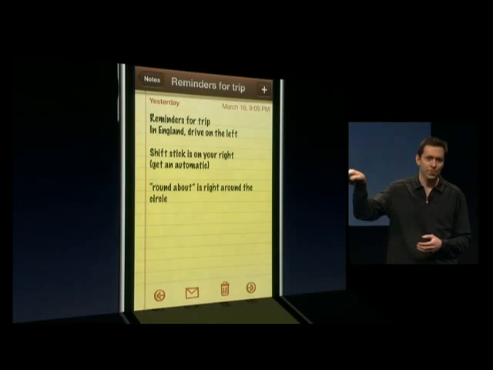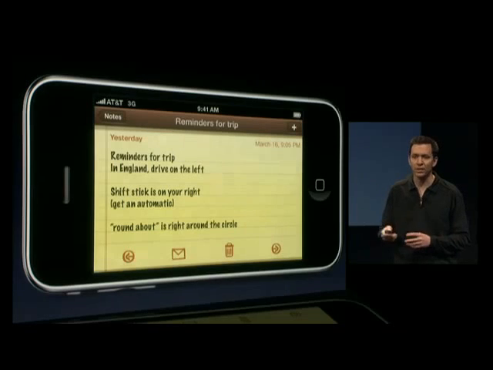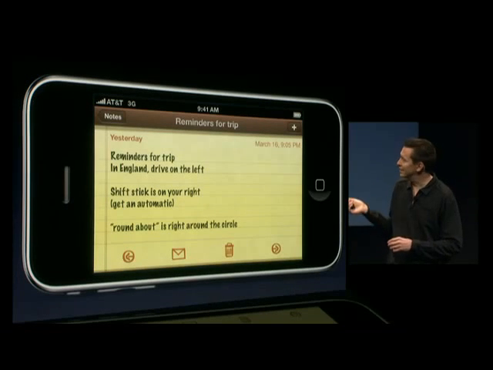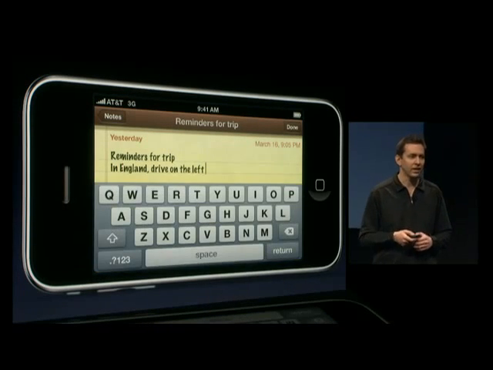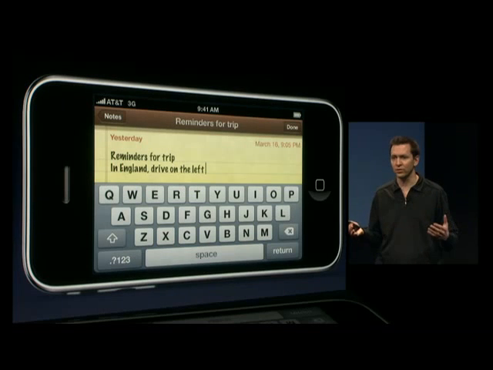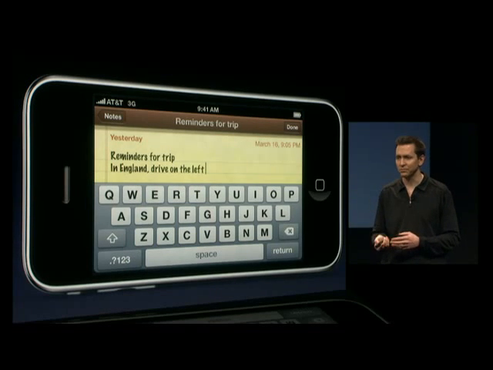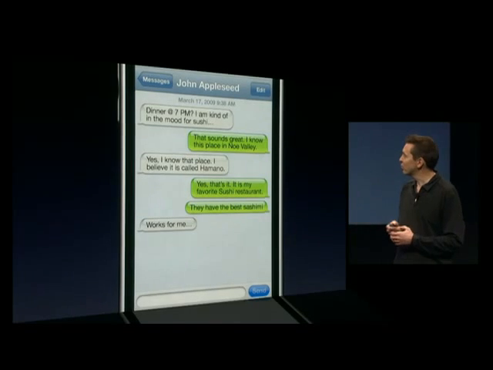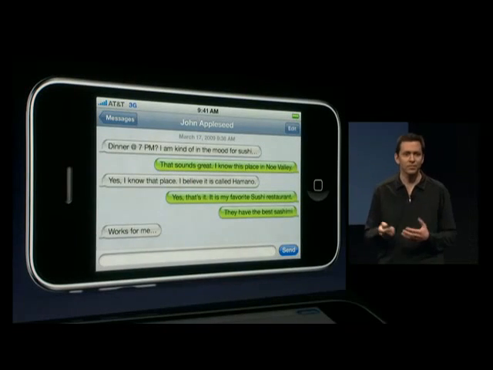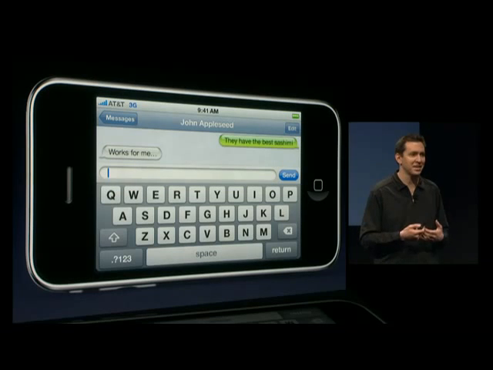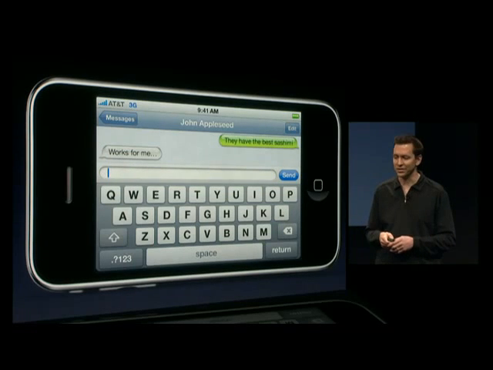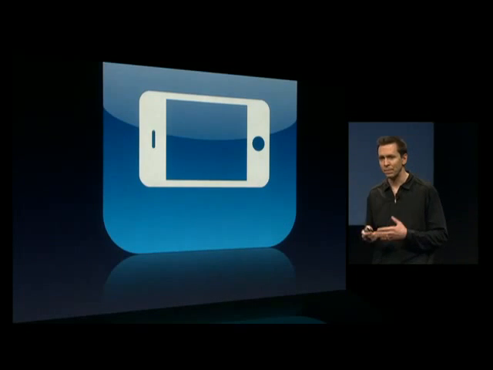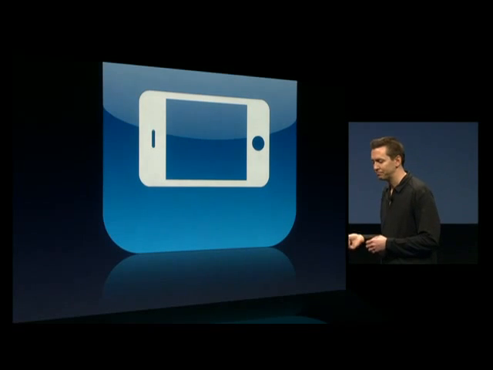Again, in portrait, if you rotate to landscape, it'll automatically relay out, and you can use that big landscape keyboard to create new notes or edit existing notes. We're also doing it for our Messages application. So again, portrait support, rotate to landscape, relays out, and you can use that landscape keyboard for new messages. So landscape now taken to all of our key applications. Next,